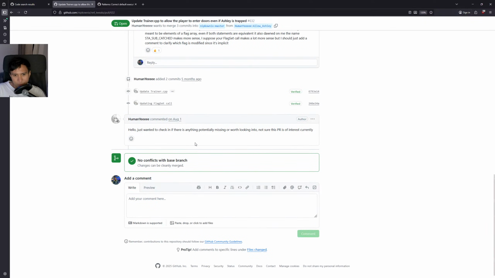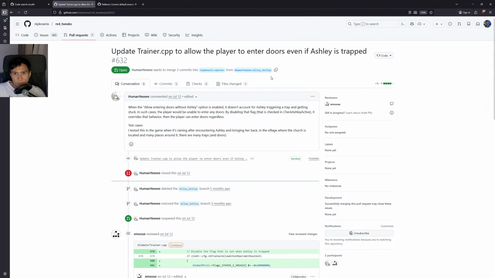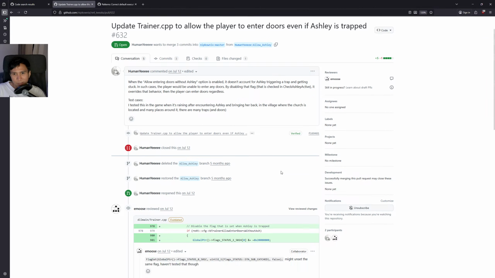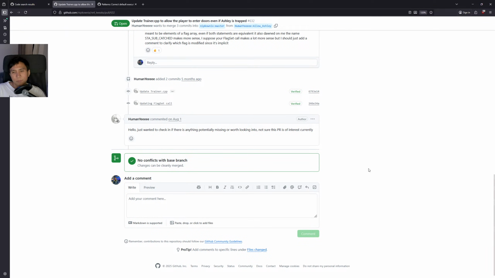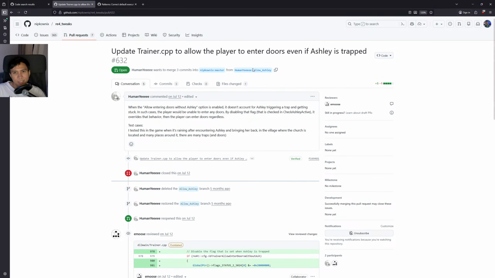Okay, so yes, let me fetch this PR. I don't have the GitHub CLI installed on this Windows machine, so I'm just gonna... I don't understand how you're supposed to use this, but yeah,